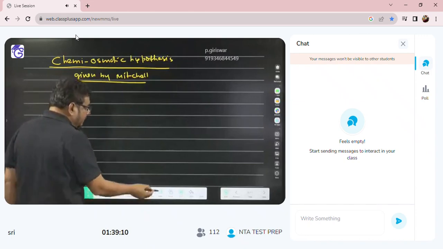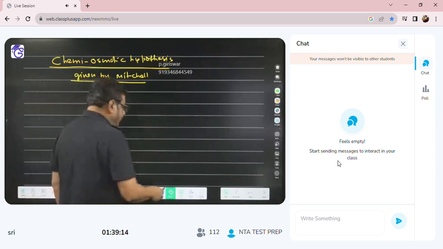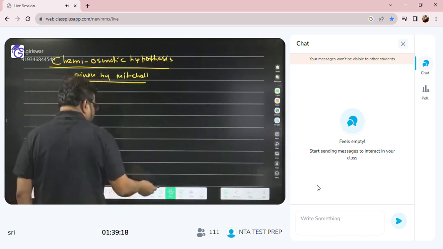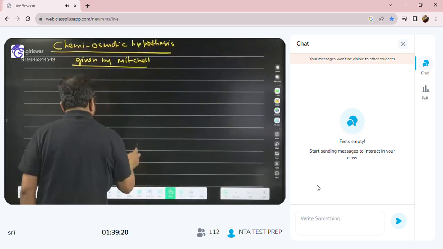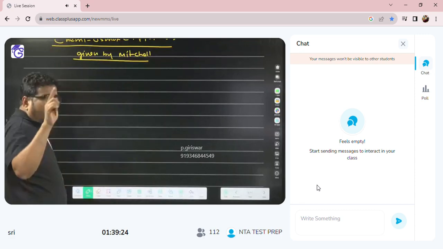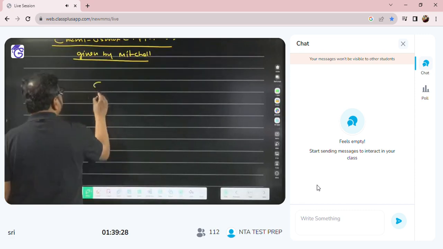Speed will increase. There is a lot of inertia there. Got the idea? So now I am telling the chemiosmotic hypothesis. It is given by Mitchell, and this chemiosmotic hypothesis says how production of ATP occurs due to a proton gradient. So chemiosmosis